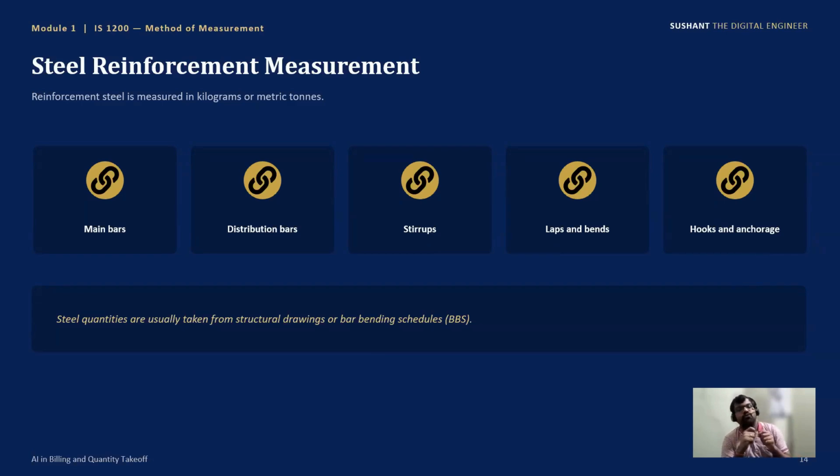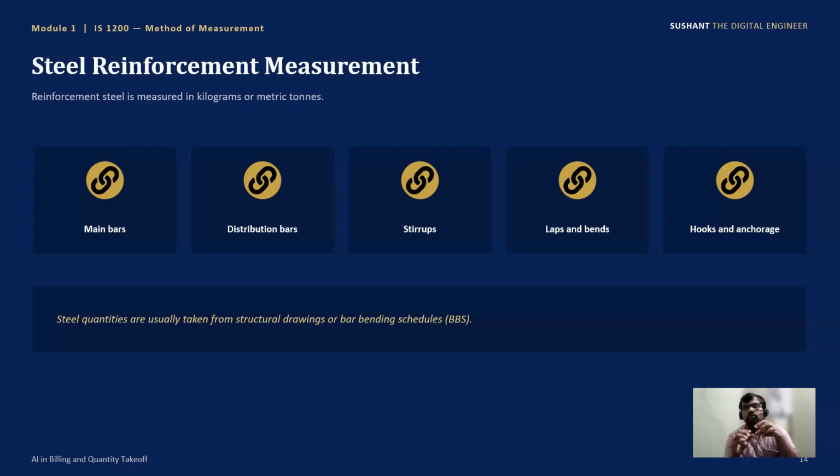Okay. So steel quantity is usually taken from the structural drawing and the BBS, bar bending schedule. That means you need to consider the main bars, distribution bars, stirrups, laps, bends, hooks, and anchorage with respect to IS code provisions. In IS 1200, it will give you the units of measurement. But the detailing of that particular reinforcement comes with structural detailing, for seismic and ductile detailing. For that reason, we need to refer to the structural drawing and structural inputs for that calculation